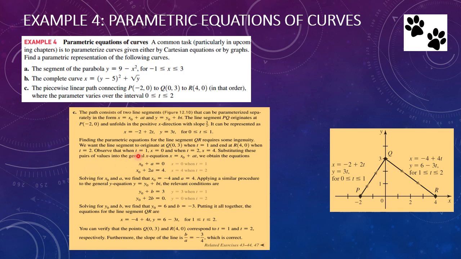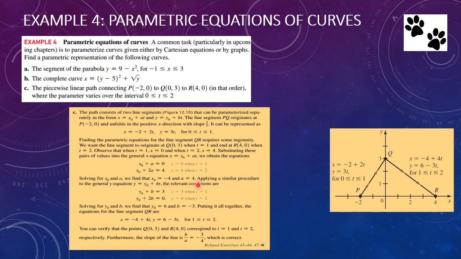Observe that when t equals 1, x equals 0, and when t equals 2, x equals 4. So substituting this pair of values into the general x equation, x equals x sub 0 plus at, we get these two equations: x sub 0 plus a equals 0, and x sub 0 plus 2a equals 4. Solving for x sub 0, we find that x sub 0 equals -4,